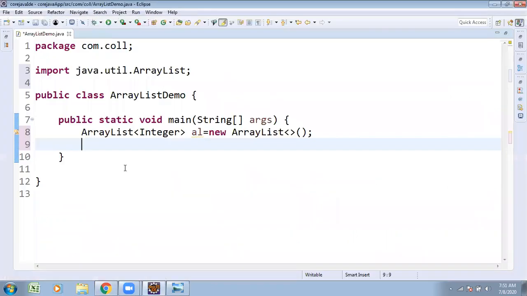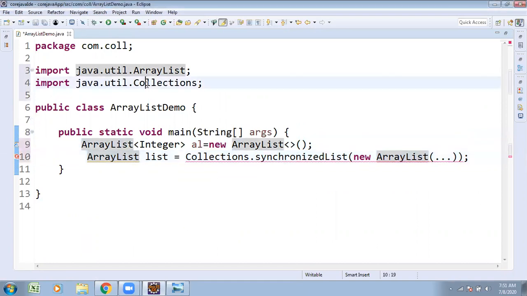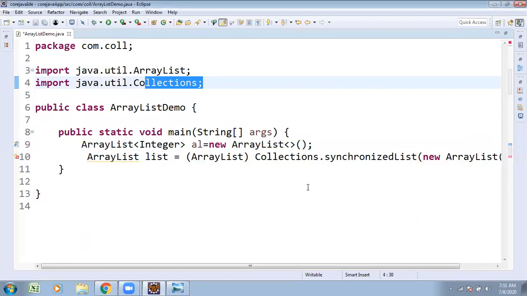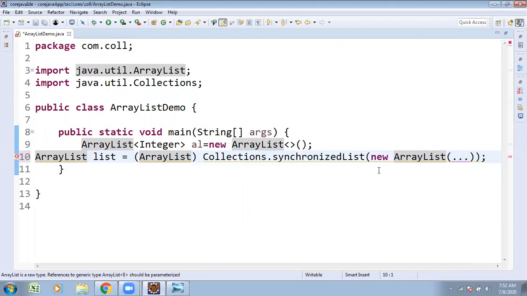Suppose you want to make it synchronized. This is not going to support synchronization. If you want synchronization, Collections is a class which contains the synchronizedList method. Here we want to use the synchronizedList method. The above one does not support synchronization, but this one does.